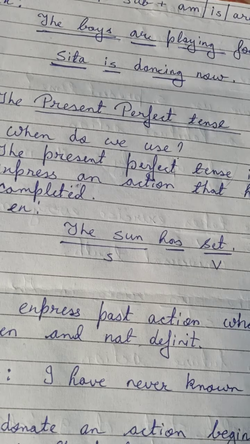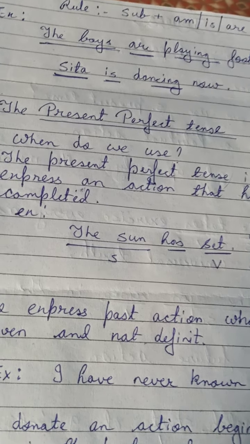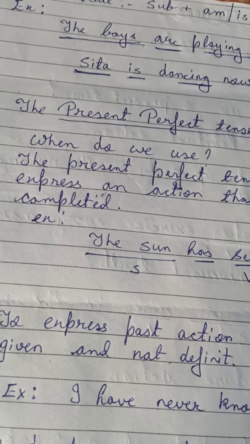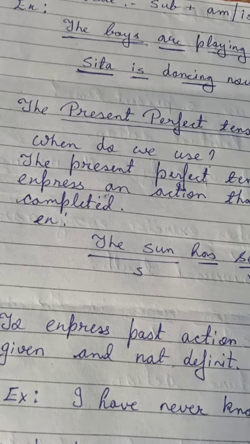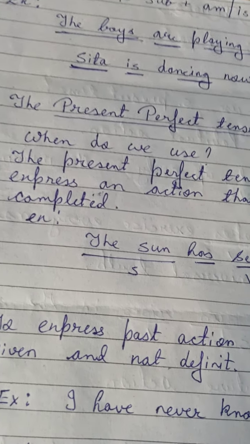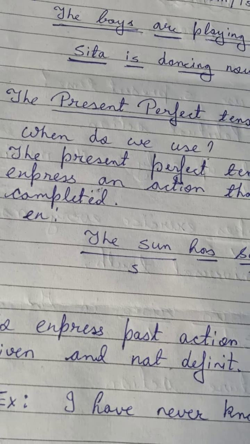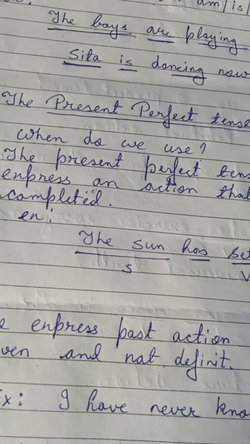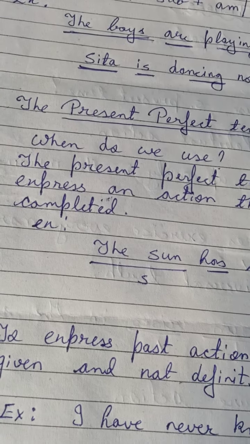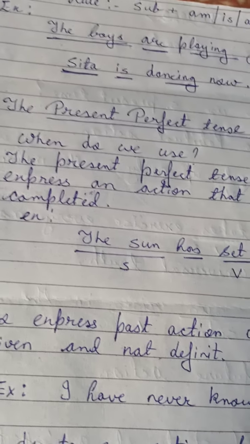In my last video, I told you about the uses of tense, isn't it? Now, in this video, I am going to tell about the third and fourth tense, that is present perfect tense and present perfect continuous tense. In my first video, I told you about the simple present or present indefinite tense and present continuous tense. I am discussing the present tense only. First and second I told you in my last video, and now I am going to tell about the third tense, that is the present perfect tense.